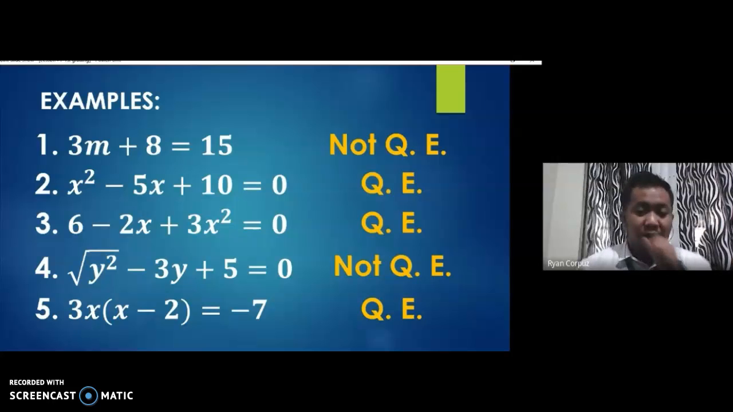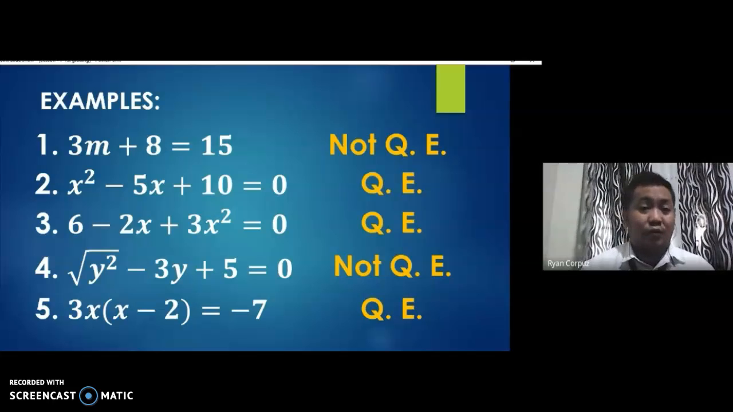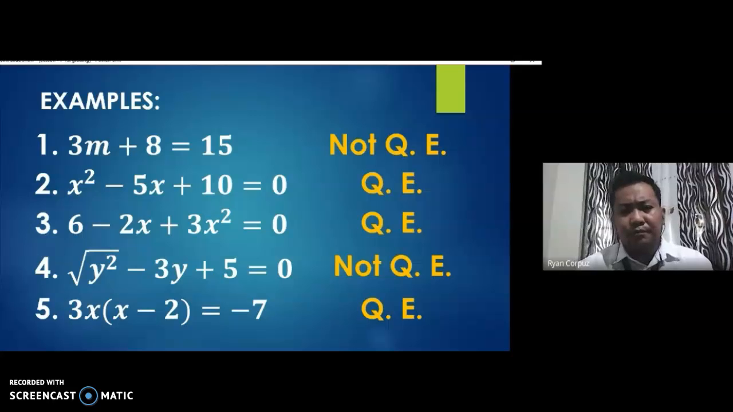So, those are the examples wherein we are asked to determine if a given equation is a quadratic equation or not. A quadratic equation can be solved by different methods. So today, we are going to discuss one of the